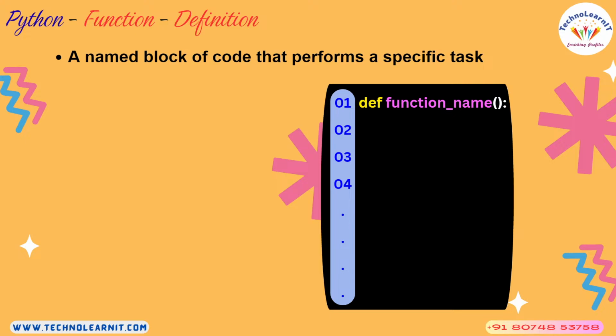Okay. So to define a function, you need to use def, which is a keyword in Python, and then the function name. You can give any name to your function, following the rules to be followed to name variables in Python. Generally, we use snake case for naming the function, right? Because when you have multiple words, just separate them using underscore and continue to add as many words as you want in your function name or the variable name, right?